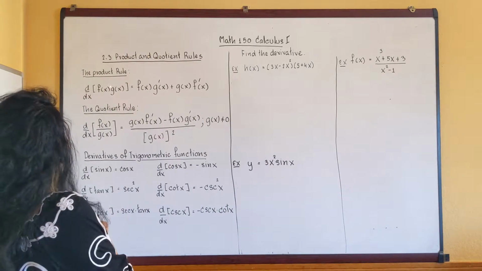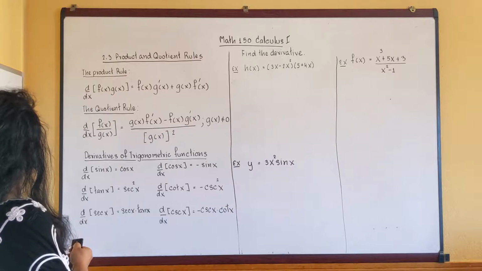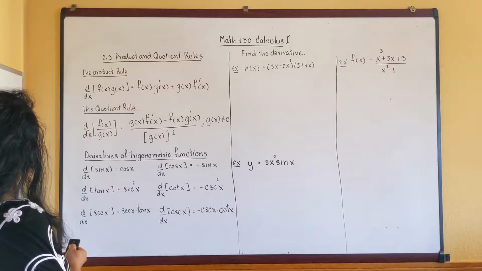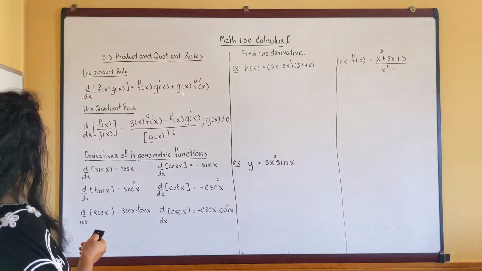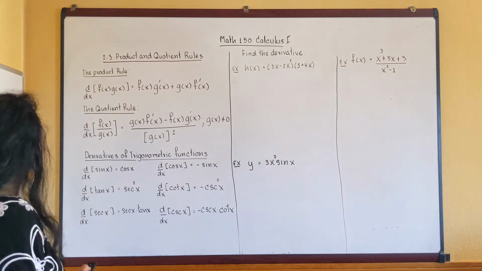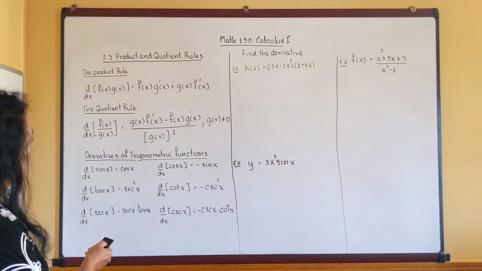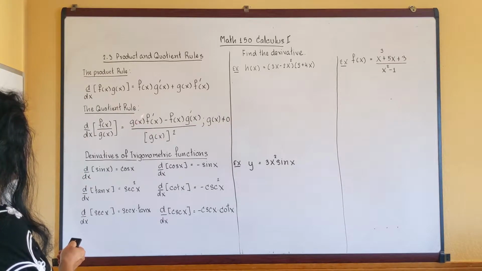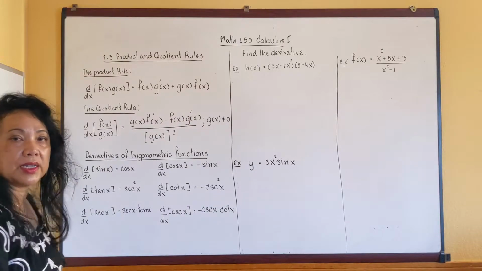Our next section, 2.3, product and quotient rule. The product rule: you will have two functions that multiply each other. So if you take the derivative, it's going to be first times derivative of second plus the second times derivative of the first. The quotient rule is a division. Make sure the divisor is not equal to 0. Then the formula for the derivative is denominator times derivative of numerator minus numerator times derivative of denominator, divided by denominator